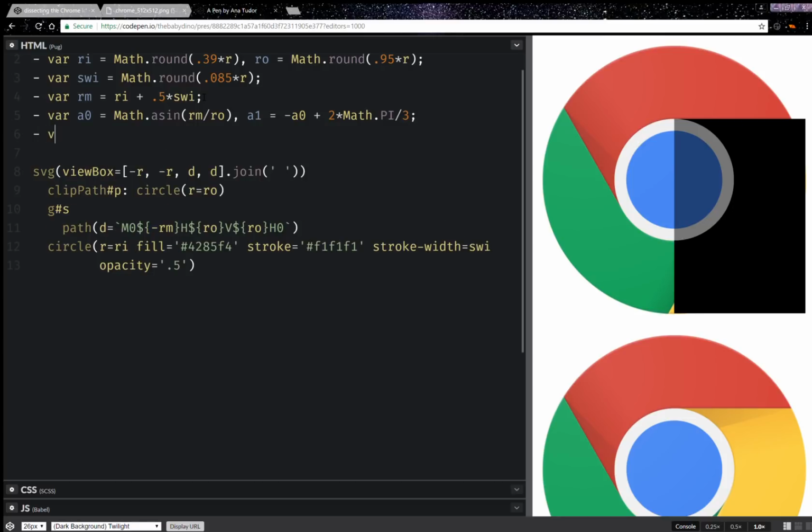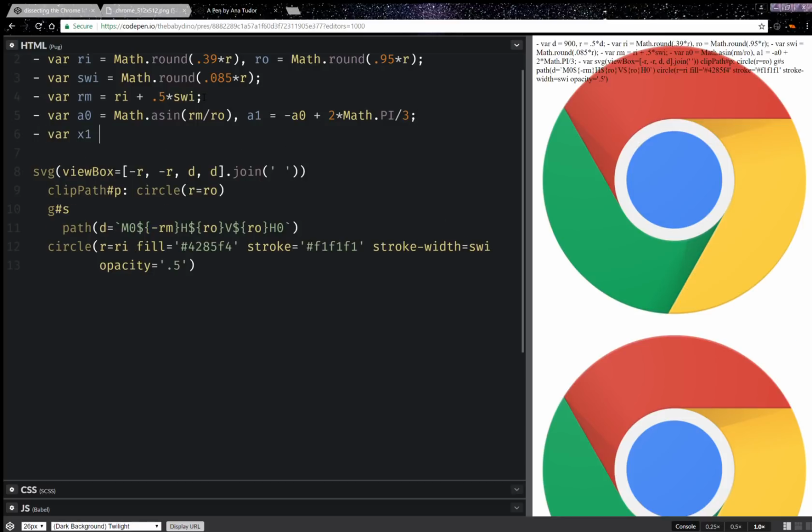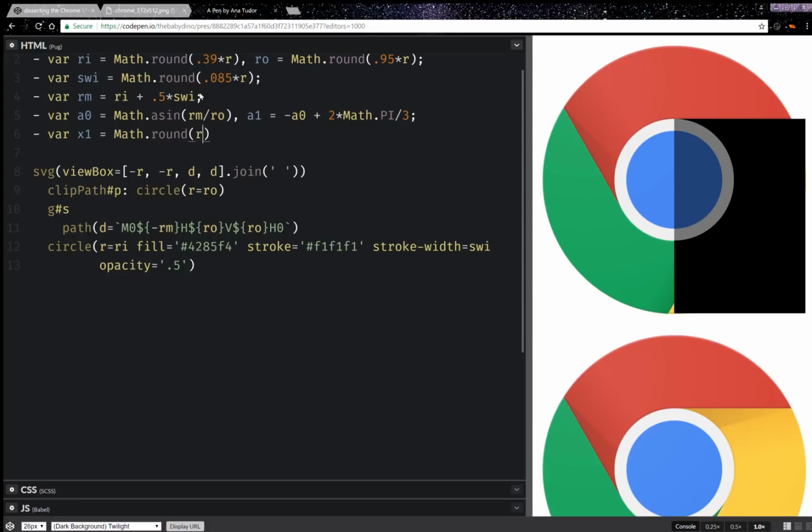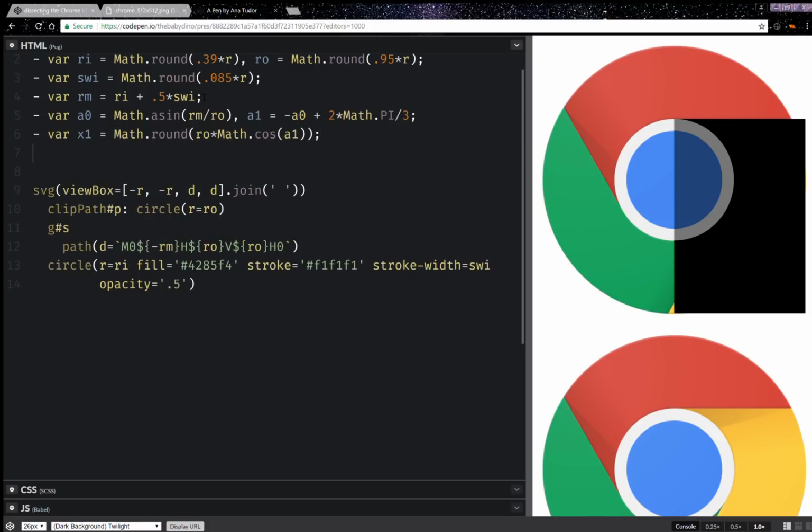And next I'm going to compute the coordinates. So x1, like everything else that we actually use, it's going to get rounded. So that's the outer radius times cosine. Okay, and this is going to be the same for the second coordinate, except of course that's going to be y, and this is going to be sine. And now I'm just going to add this. So x1,